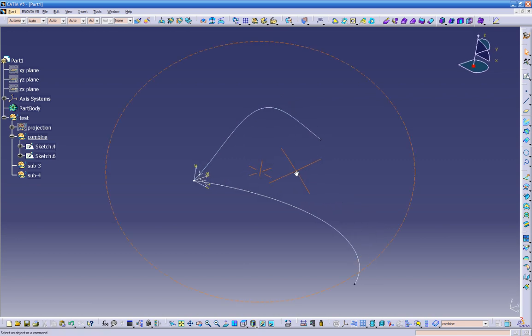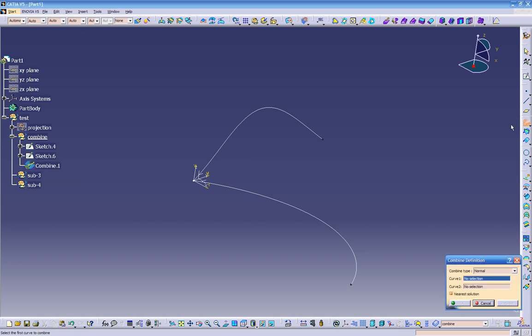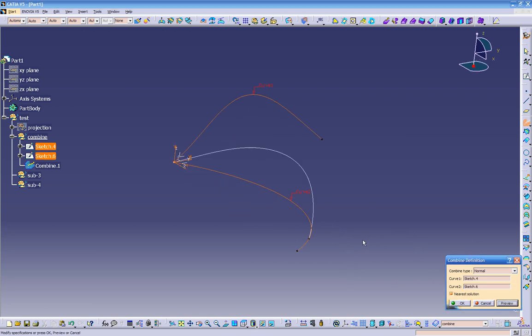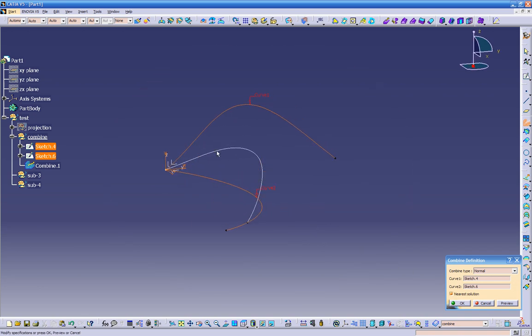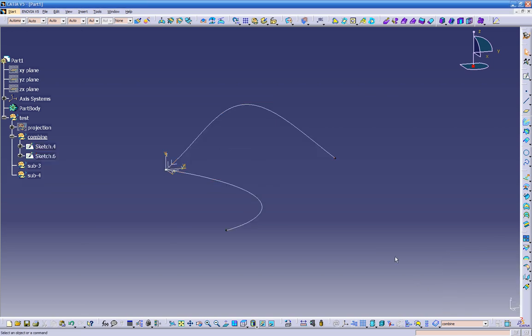What I'm going to do now, I'll just show you pretty quick how the combine works. Now if I go to the combine and I click curve number 1 with curve number 2, I click a preview. If you see over here, it's automatically going to give me an intersection of this curve with this curve. To understand better how this works and what it does, I'm just going to click cancel for now, and I'm going to just extrude those